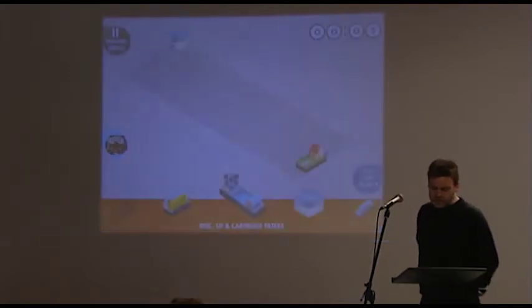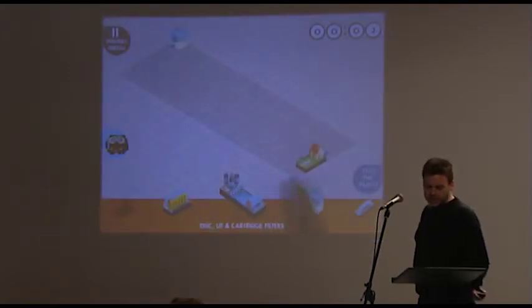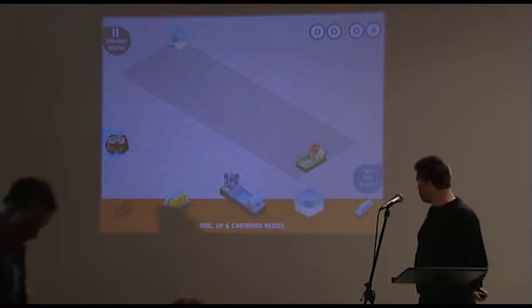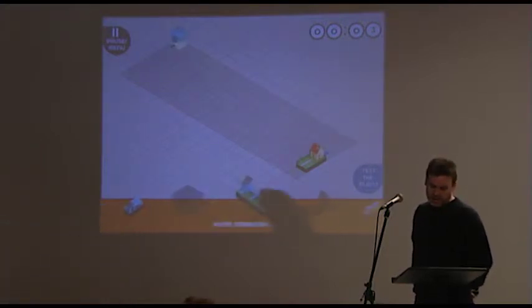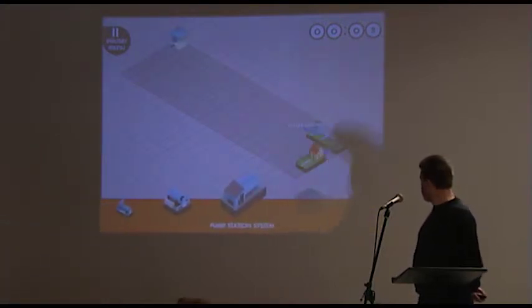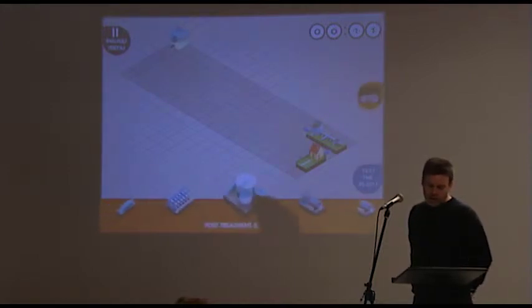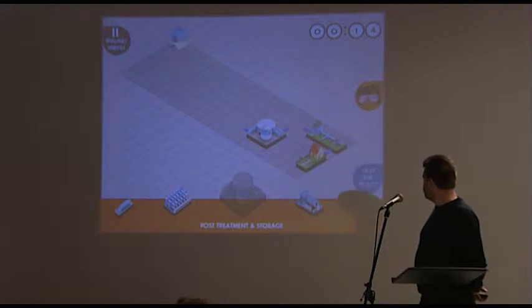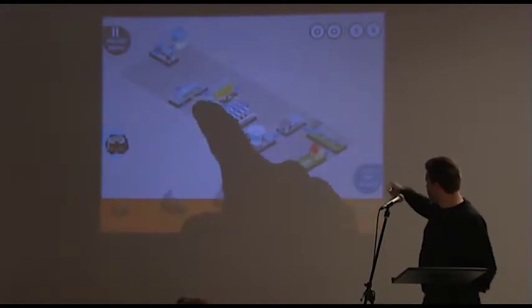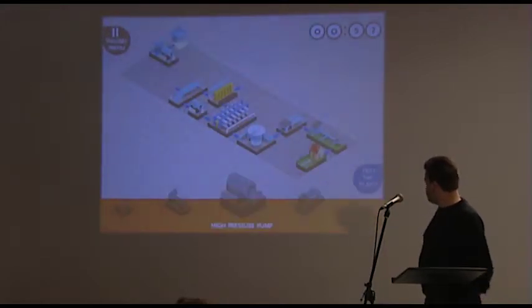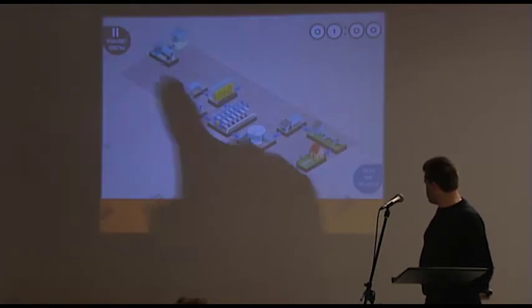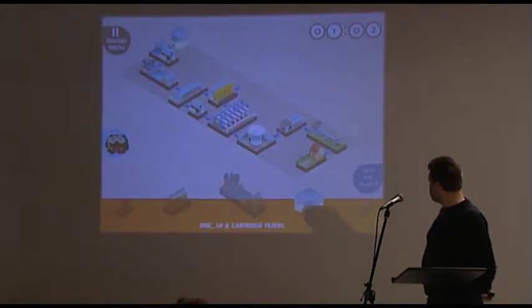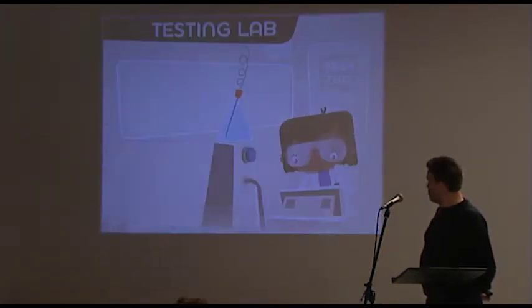Okay, so the game is a puzzle game. In it you have the pieces of a water distribution network and you have to put it together. There's only one way that it actually fits, and anything that's out of place will give you a clue. There's little clues that pop up here and here, and there's a help system which pops up on the individual pieces. And if you stuff it up and you test the plant,